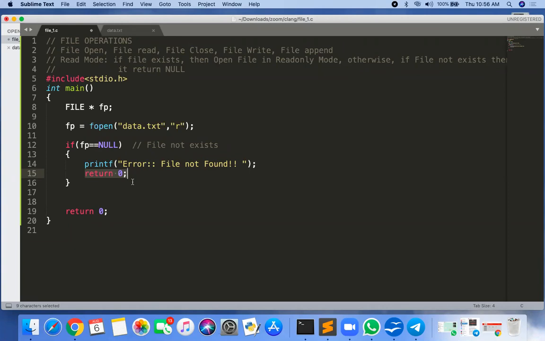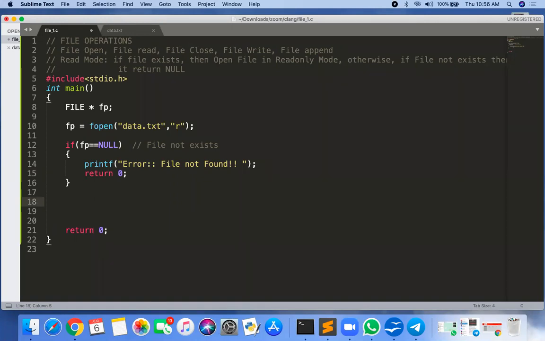Because if you open a file and fp is null, then the further program has no meaning. The further program can be executed only if the fopen function succeeds in opening the file. So if fp is null, we return from here only. And if fp is not equal to null, then it will go further.